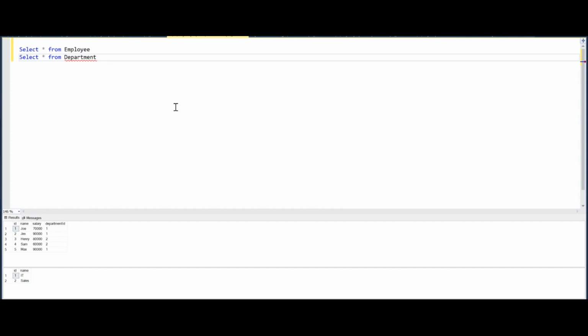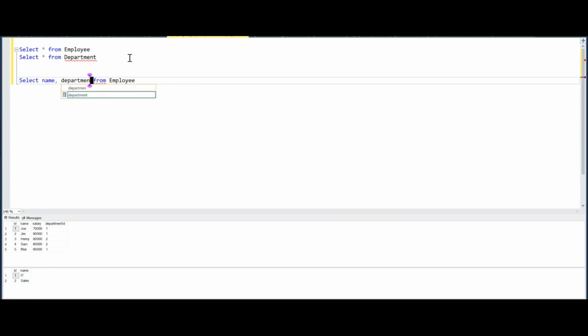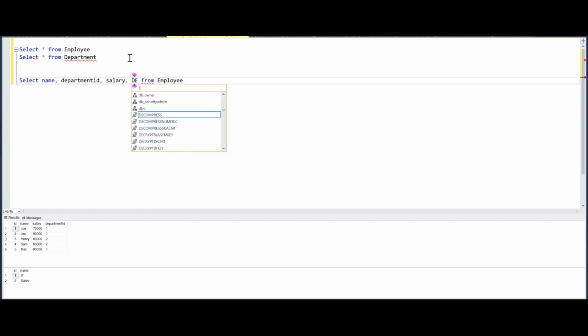So now let's start with the approach that we had discussed. What we can do is start selecting from the employees table like this. Select from maybe like that. Now I can go ahead and select the columns that I'm interested in, which is the name, the department ID, the salary of each of the employees, and then I can use the dense rank function over partition by department ID,